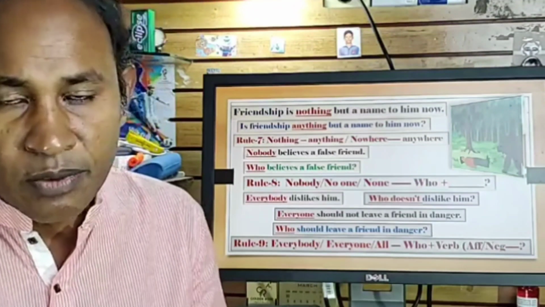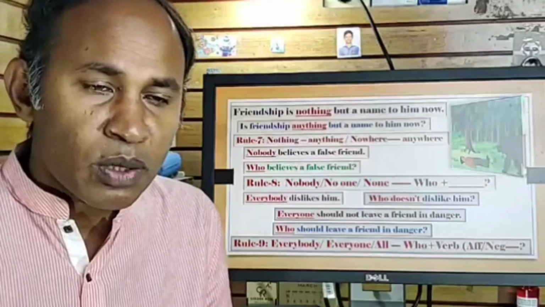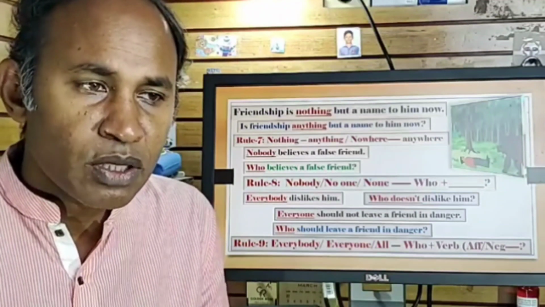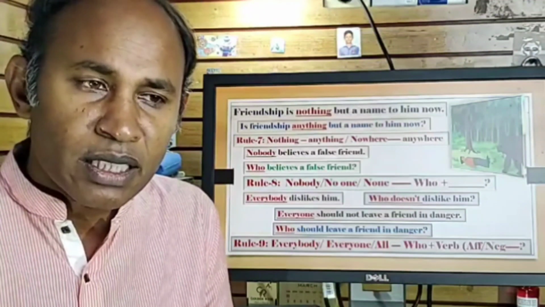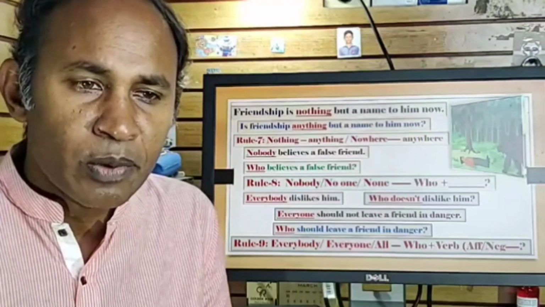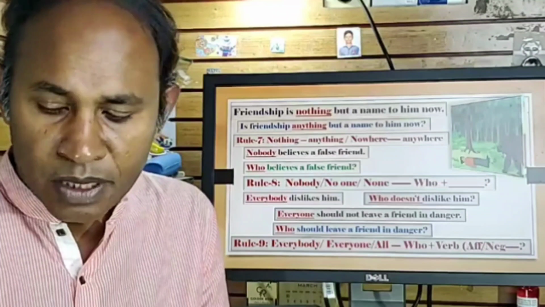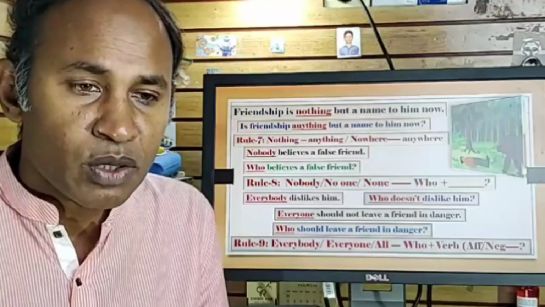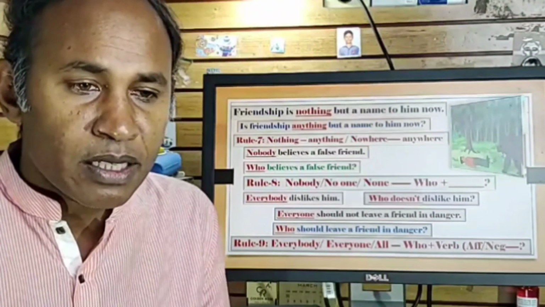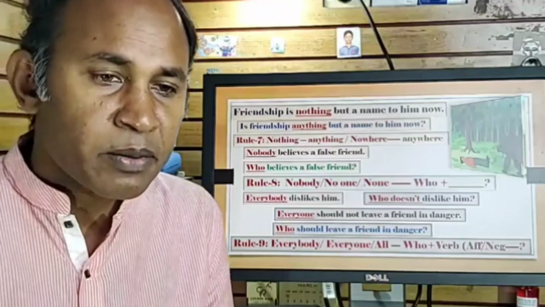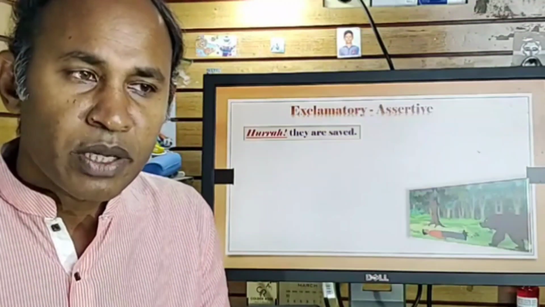এই দুটো রুলস ভেরি ইম্পর্টেন্ট, যদিও সবচেয়ে সহজ ট্রান্সফরমেশনের এই দুটো রুলস, যে নোবডি, নো ওয়ান, নান থাকলে হু বসাতে হবে, আর এভরিবডি, এভরিওয়ান, অল থাকলে তোমাকে হু প্লাস ভার্ব নেগেটিভ অথবা অ্যাফার্মেটিভ এবং বাকি অংশ লিখে কোয়েশ্চেন মার্ক বসাতে হবে। হু শুড লিভ আ ফ্রেন্ড, বোন নেই, অ্যাবসলিউটলি কারেক্ট আনসার বাবা, থ্যাংক ইউ।